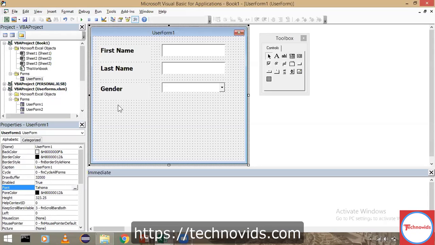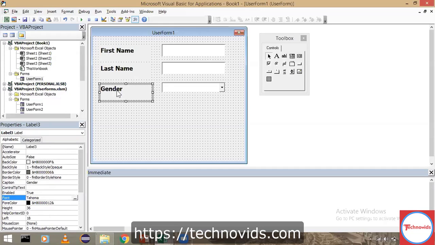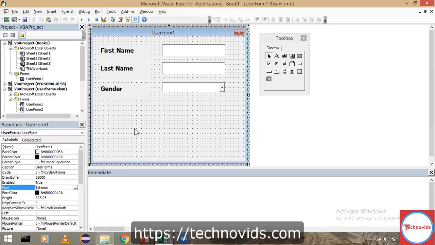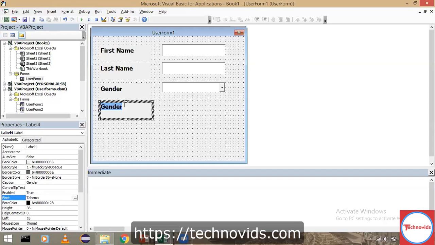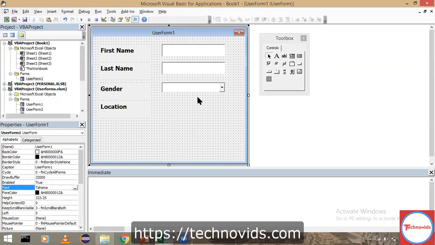Next, let's say location. So I will copy this, Control C, Control V, and drag it over here. Now this time I would say location. I wanted to take location as a list box, so that I can select from one of the items inside the list.